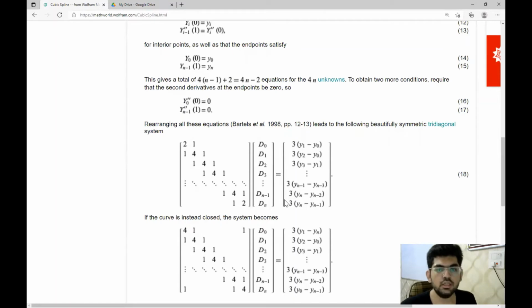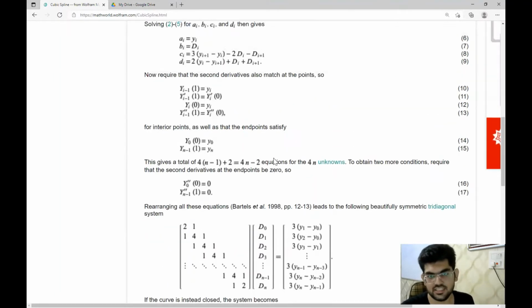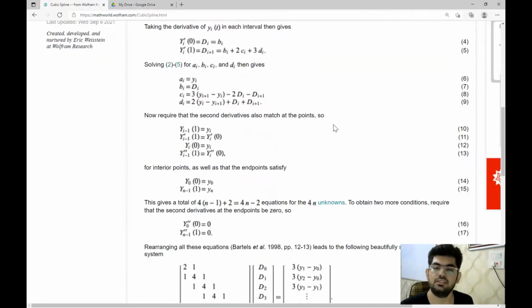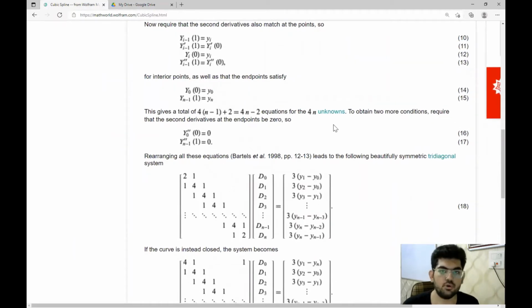Right, now before moving on, there is some kind of notation difference over here. This is not exactly the thing. This is the thing that we are going to implement, but there are going to be slight changes that we're going to apply to adjust to our use case. For instance, one such change is that they have specified n plus 1 points and are fitting n segments. In our case, we are going to have n points and we are going to be fitting n minus 1 segments. So that's one difference. And there is another difference that we will come across later on in the video when we will be implementing it. All right, so let's get started with it.